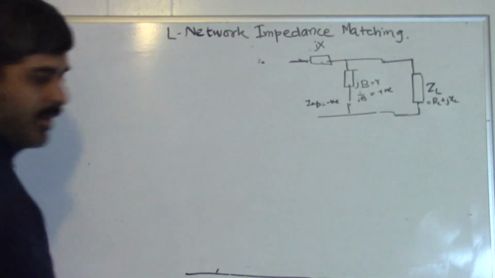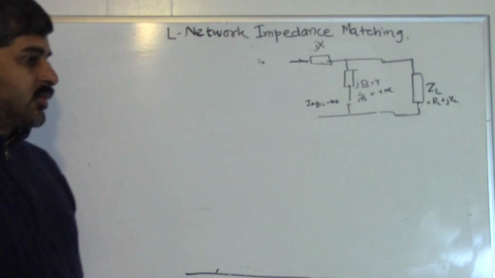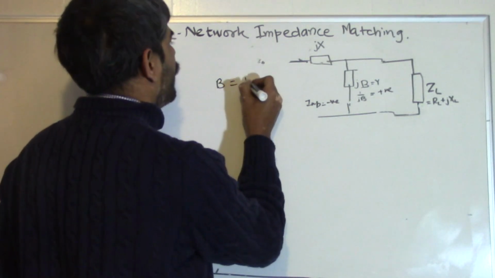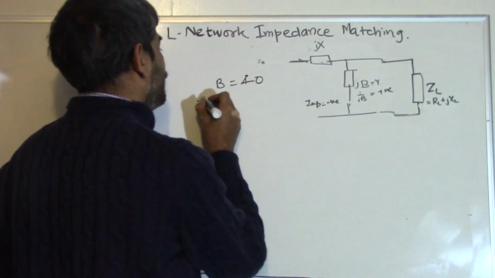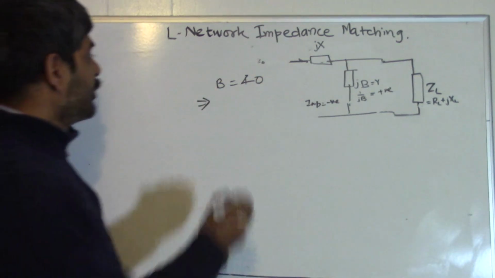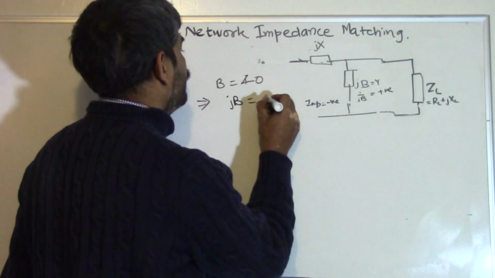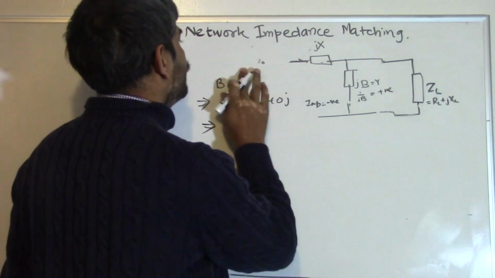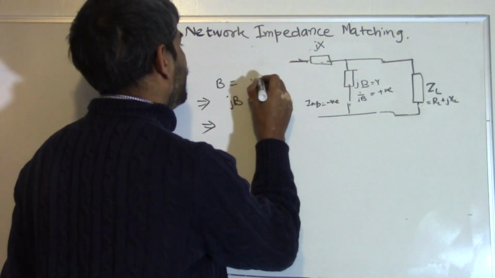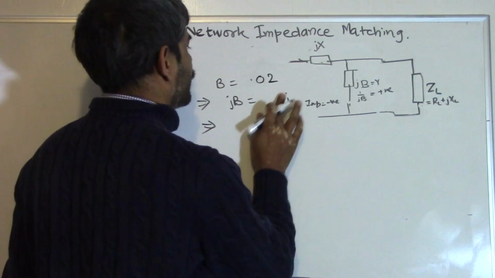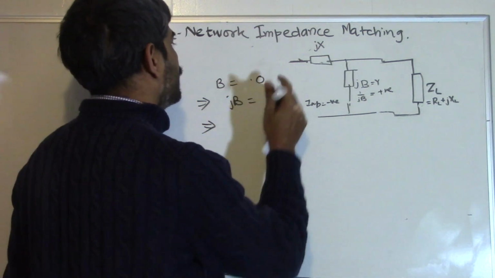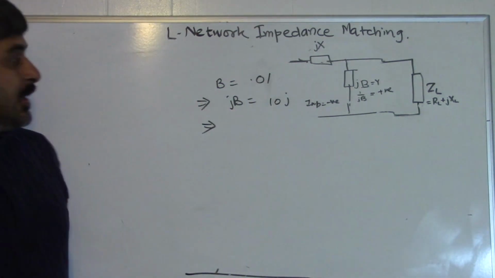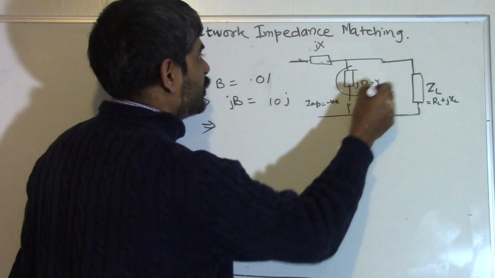But before I move on, I wanted to tell a few things. Let's say we get a value of B as 40. What does that mean? It means that JB is equal to 40J, but we will usually get the value of B as a very small number, 0.02 for a real network, which means I will keep it at 0.01. So that means JB will be equal to 10J, which means that the impedance of this whole thing, let us call it